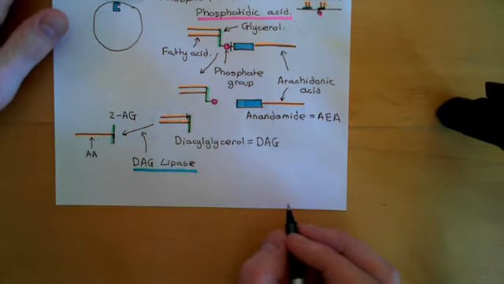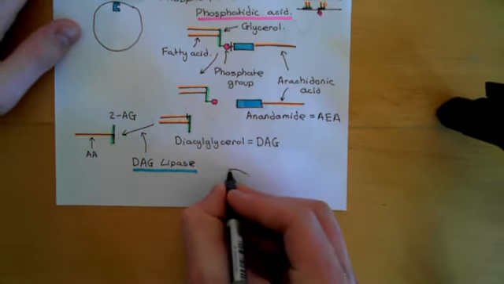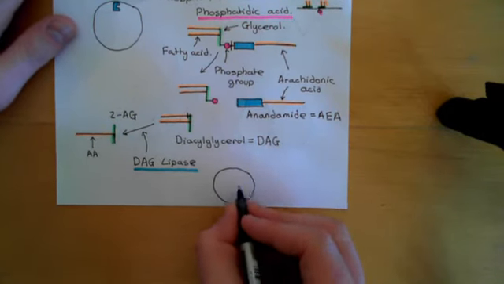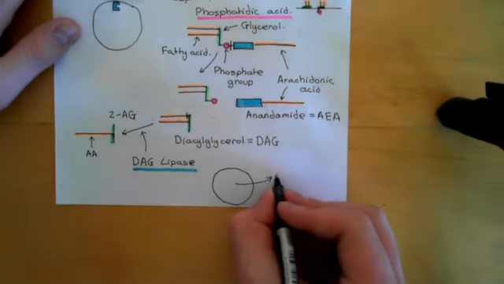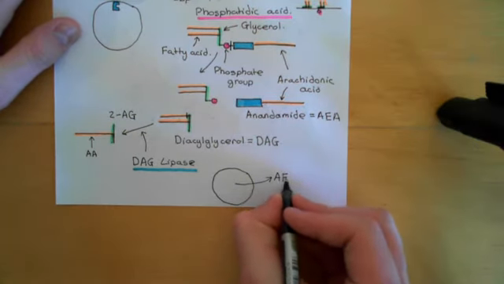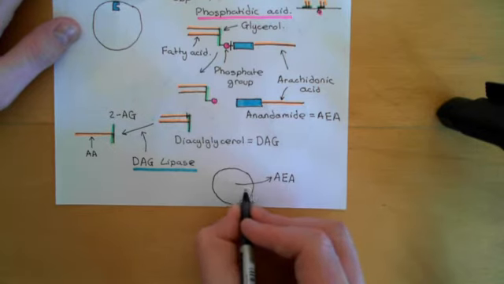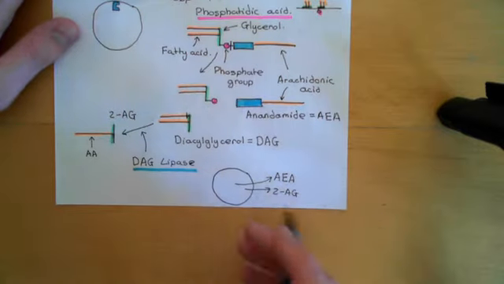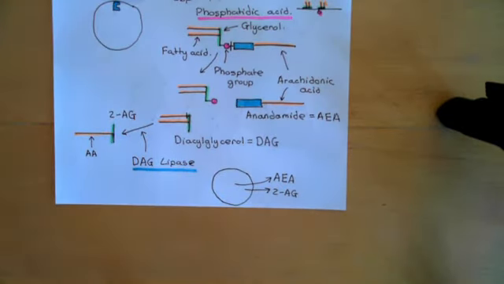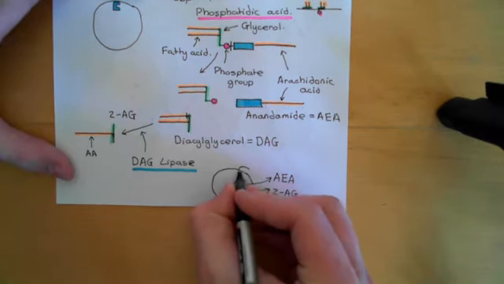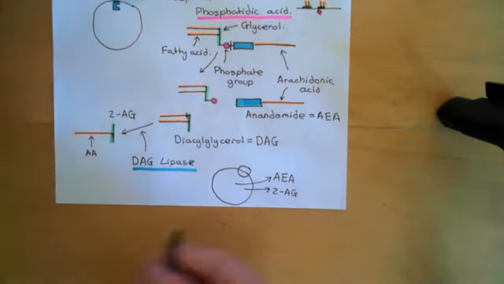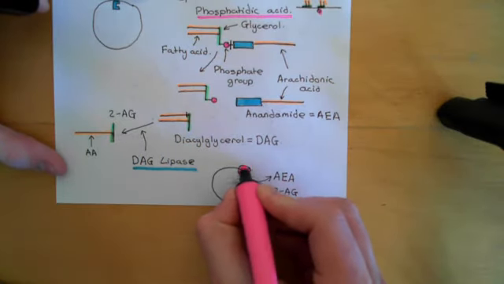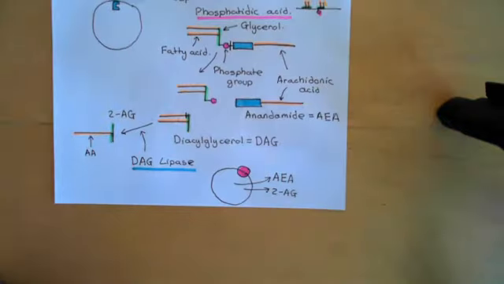Now, what I want to talk about is how they leave cells. I've already said that they're lipid soluble, so they can just diffuse right through the cell membrane. So once you produce them, they can just leave basically. Here is the arachidonyl ethanolamine, anandamide, and here is 2-arachidonyl glycerol. They can just diffuse out of the cell, and they can go and diffuse into other cells. But it's also worth noting that there is a transporter that has been discovered which is capable of transporting these across the lipid bilayer and making it easier for them to get across basically.